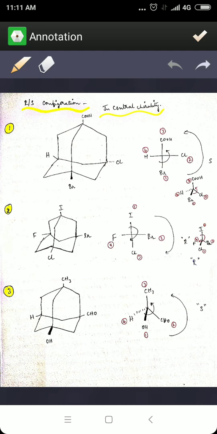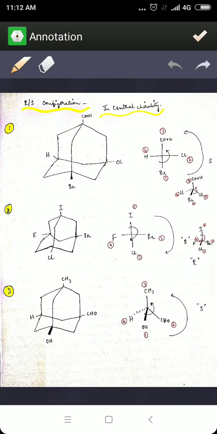Now let us start giving the numbering. So first let's start from the vertical line. We are going to give halides the highest priority. I will also send you a picture of the textbook which I have taken, wherein there are the priorities for when you are assigning the RS configuration. I will just send it now after the class. Now we are going to assign the numbering and the configuration for this particular molecule. Bromine gets the highest priority and then comes the acid. So hence we are going to give,